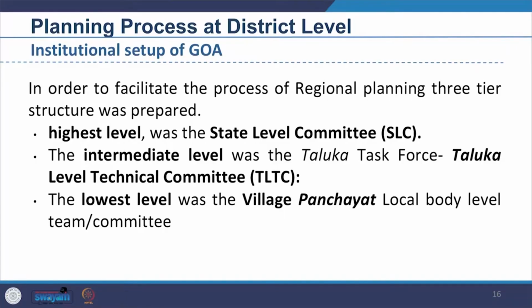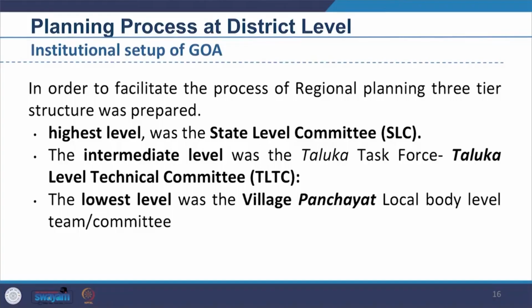Looking into the institutional setup of Goa, we see that in order to facilitate the process of regional planning, a three-tier structure was prepared. At the highest level was the state level committee. At the intermediate level was the Taluka task force, which was the Taluka level technical committee. And at the lowest level was the village panchayat, that was the local body level team or committee. With this three-tier structure, Goa prepared its